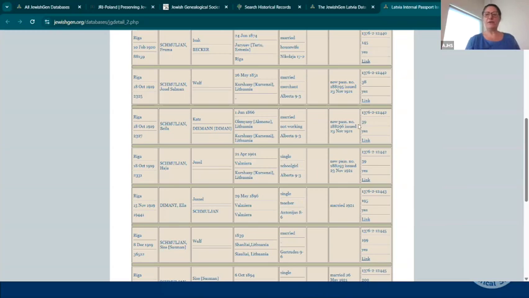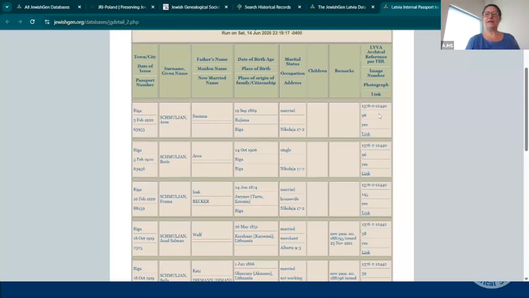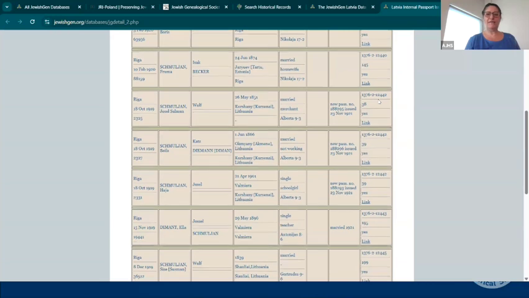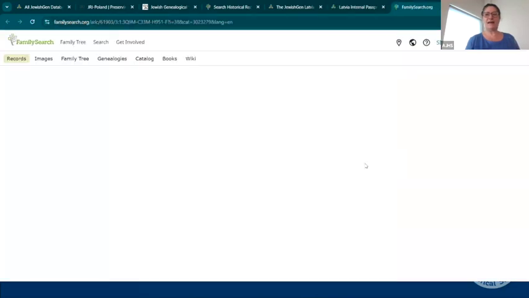This is her new passport. And then these are actually, if we look up here, the archival references, right? So it's got the reference number, the image number, the photograph, and then the all-important word, which is link. So here we can see that all of these records have a link. And when I click on that link,